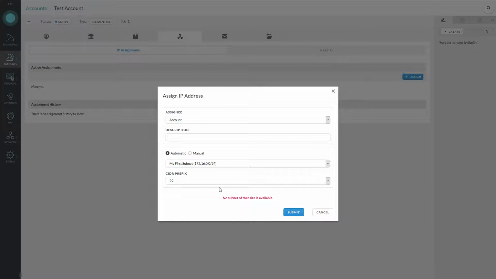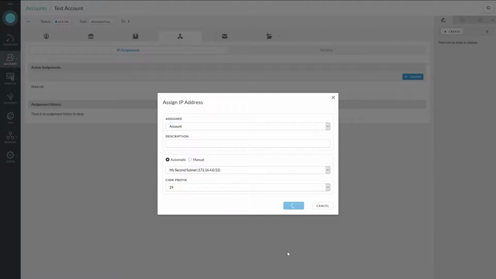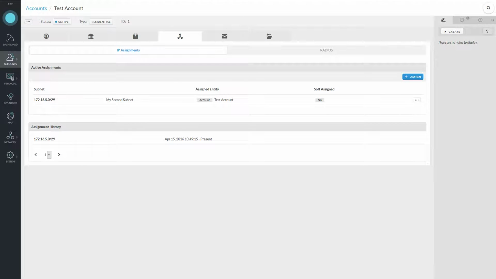I'm going to submit. We don't have anything available in there. If you think back to our last video, we filled up that whole subnet with a pool, so we don't have that size subnet available anymore. Okay, let's try my second subnet. I want to make it a /29. Okay, we have space available there. So you can see now the subnet has been assigned, which subnet it's out of, and what entity it's on, my account,